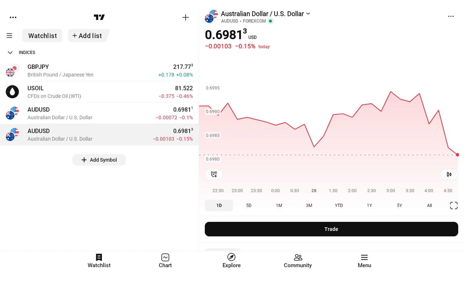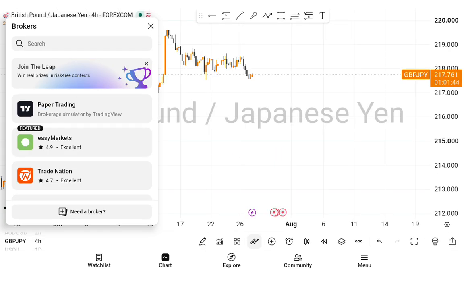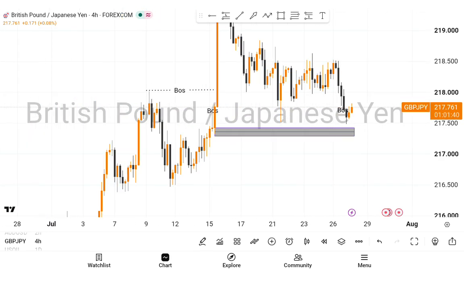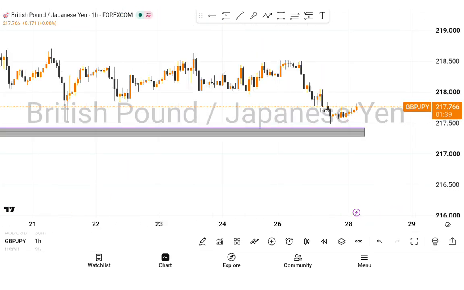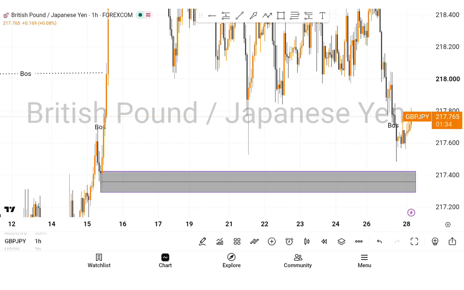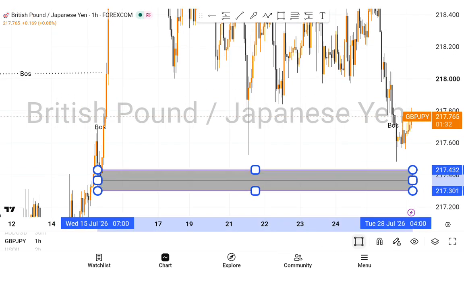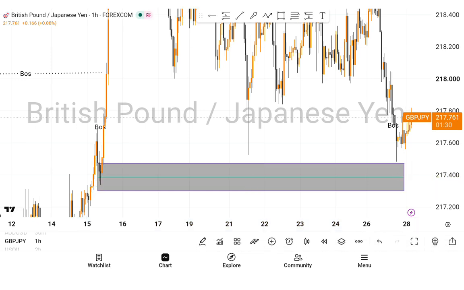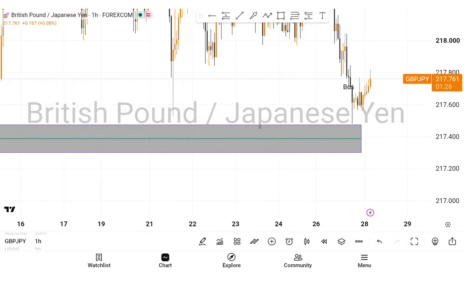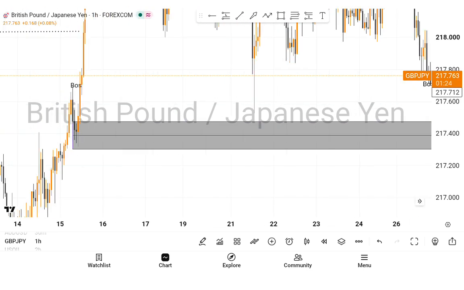So let's go back to GBP JPY. The GBP JPY, we all know that we've been waiting for this pair for a year. Let me go to 1 hour. So we have been waiting for this pair here. In our last video, you saw me map out this zone. And guess what? I've been waiting for it for 1 week, 7 days now. And you can see what the market did. It came and tapped into the key support. So this is a support zone because there's no fair value gap.